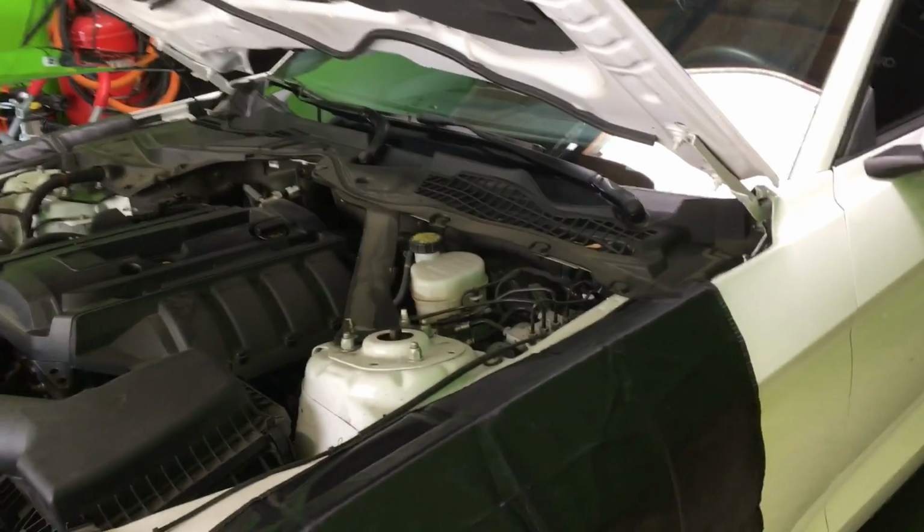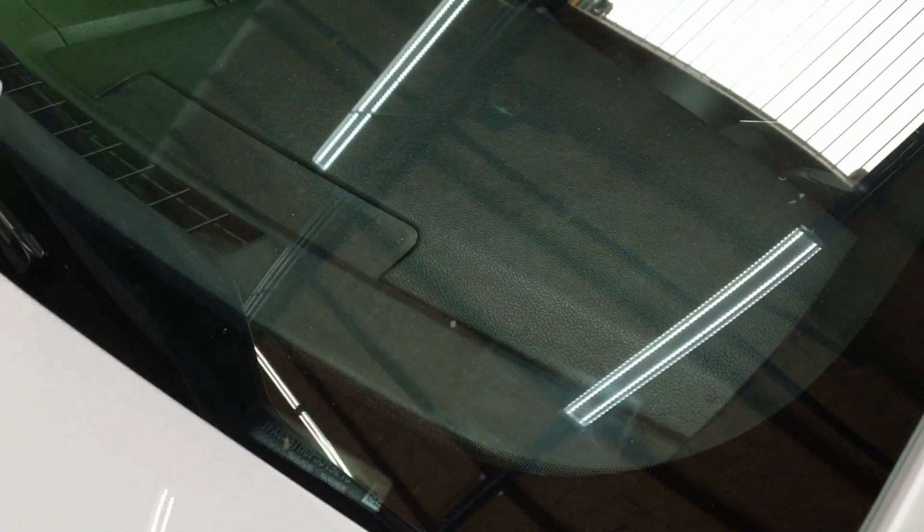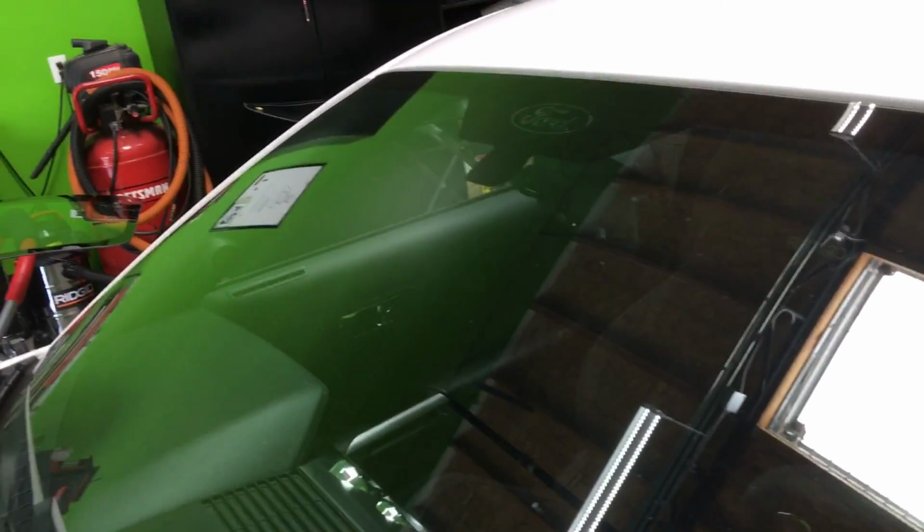Alright guys, here I am on this 2016 Ford Mustang. This one doesn't have the sound screen, so we're gonna upgrade it to the sound screen. It doesn't have the rain sensor, just a regular standard rear view mirror and the third visor and the Ford logo. As you can see on the edges, there's quite a few space to run a cold knife, or if